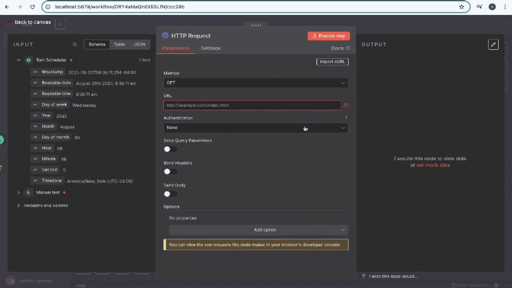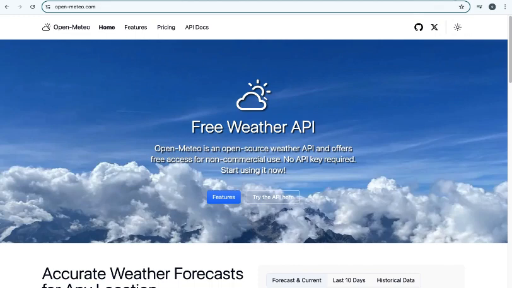By the time we go back, as you can see, both our manual test and our 5mm scheduler have been connected on the right hand side as an input. So right now, let's connect to the particular website that will give us a weather forecast. And to do that, we need to go to this particular site,